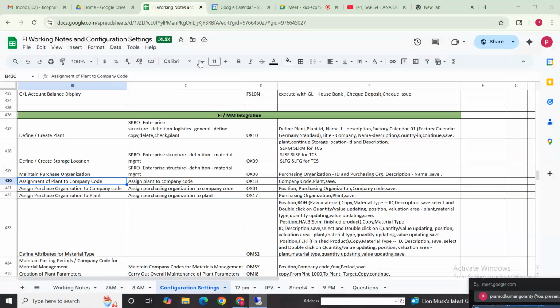Okay. So what we defined, sir? We defined plant and also storage location and also purchase organization. This comes under logistics general. These two steps come under material management. And assigning the plant to company code, and also assigning purchase organization to company code, and also assigning plant to purchase organization under material management assignment,